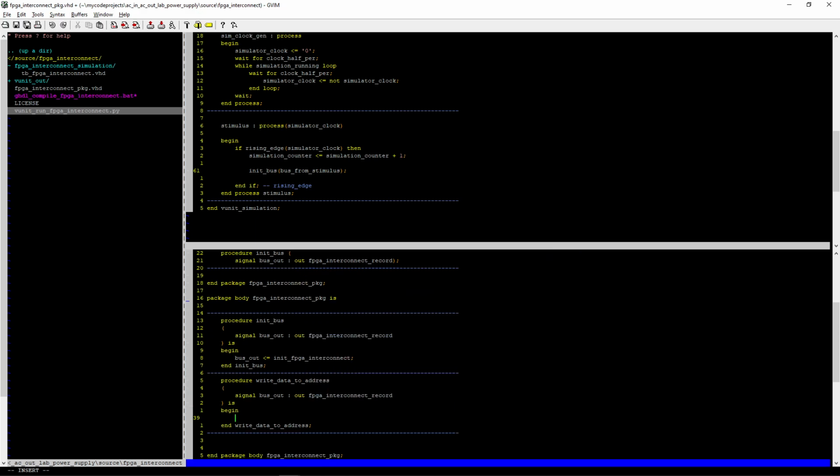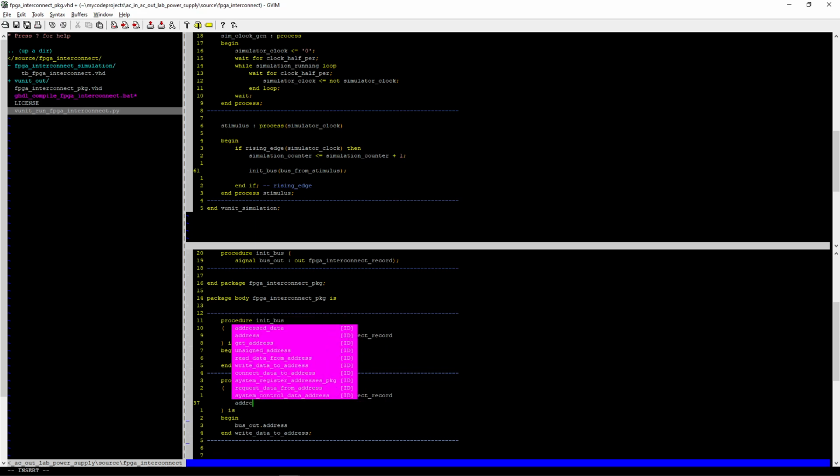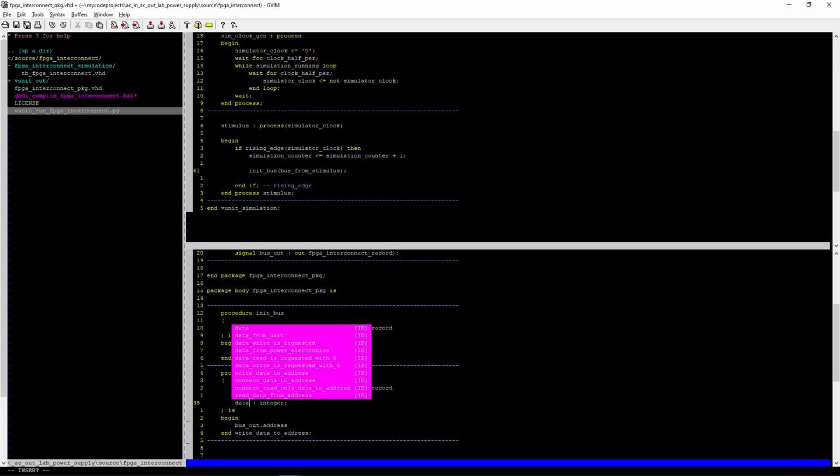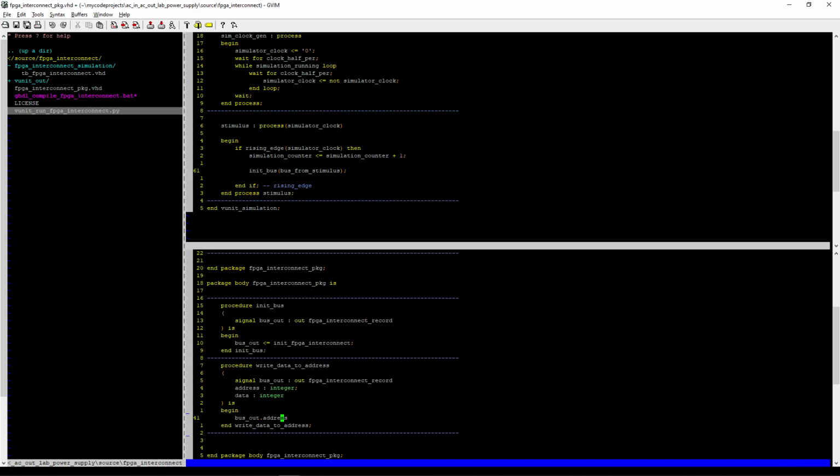And in here, we will actually be putting bus out dot address. Actually, we need the address and data here. So address, which is an integer, and data, which is also integer. So bus out address is going to be written with the address,